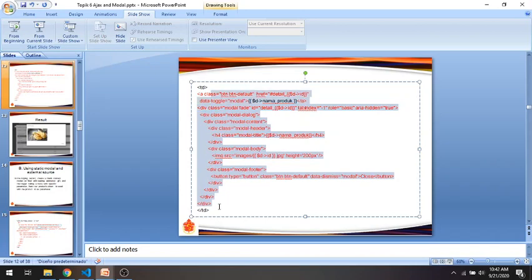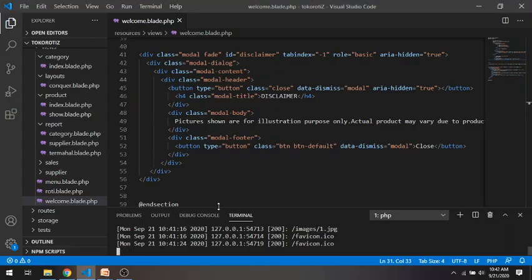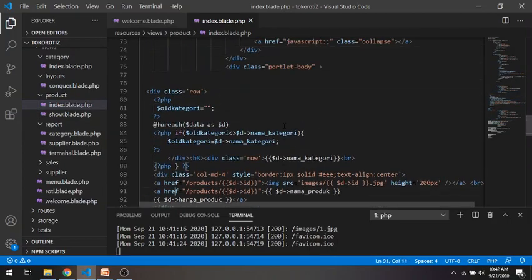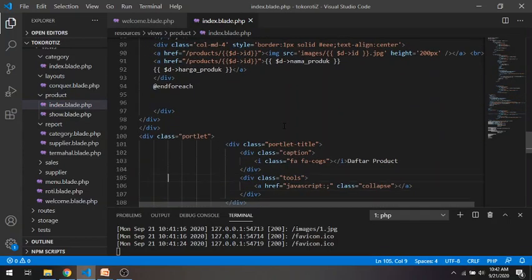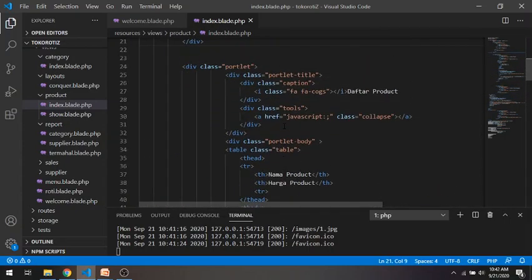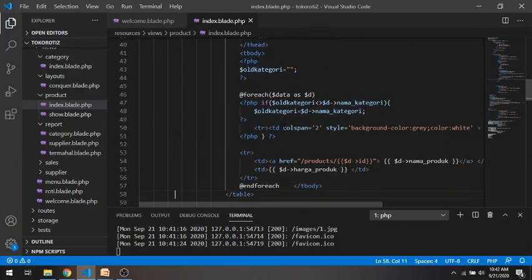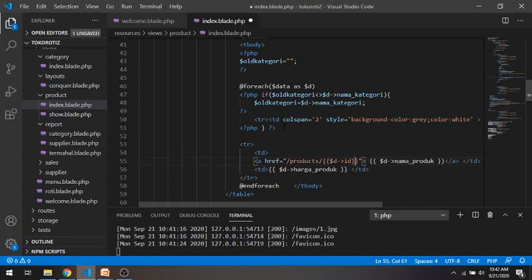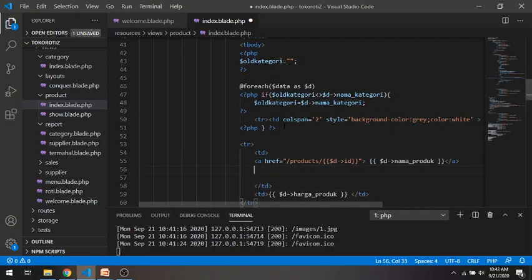Copy it, and open the products index spread. Where is the looping? This one. Okay, this one is the looping. We put it here and replace our previous code.